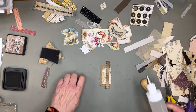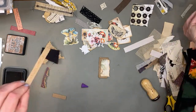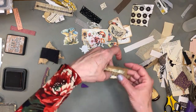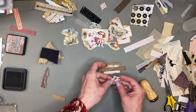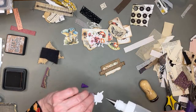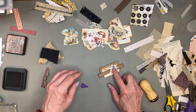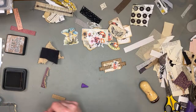Right, I'll glue this down. And then I'll decide what I'm going to put on it. Maybe we can just do a simple word or something. Let's see. I don't know. Oh, the ladybug looks kind of cool on there. Why don't we use her? Kind of like a 3D effect. Stay there, ladybug. And then